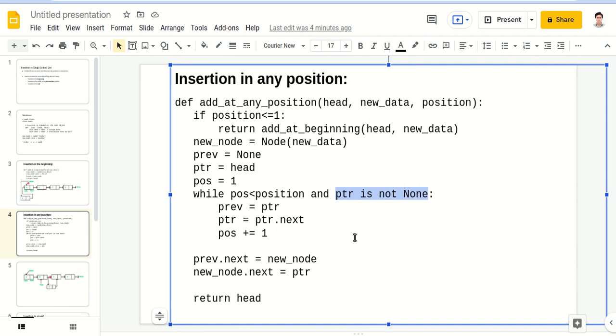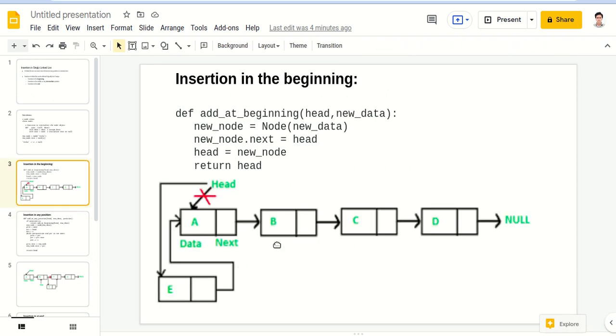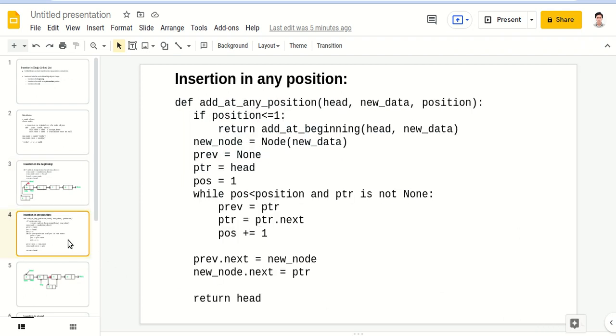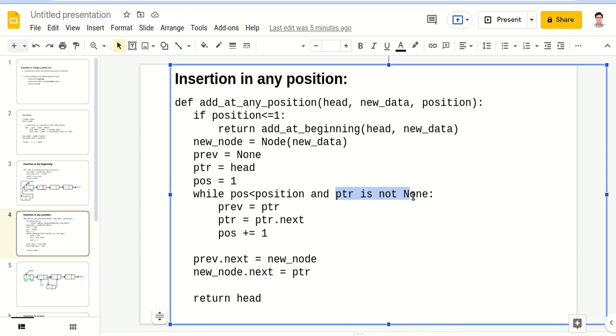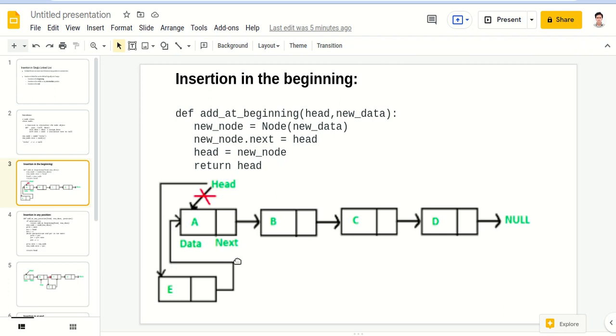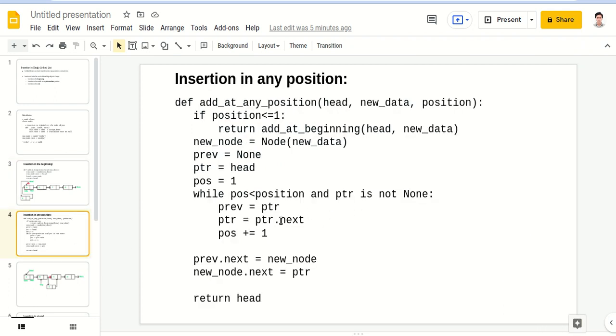Suppose the position we are given is 10, but there are only 5 nodes in the list: E, A, B, C, D. Then we will start from E, then go to A, then B, then C, then D, and then it will break out, because ptr becomes none after D.